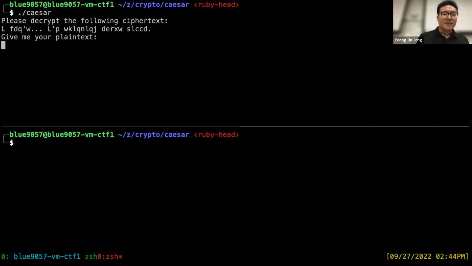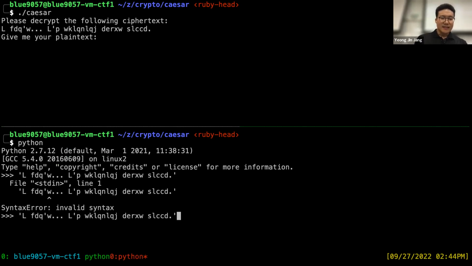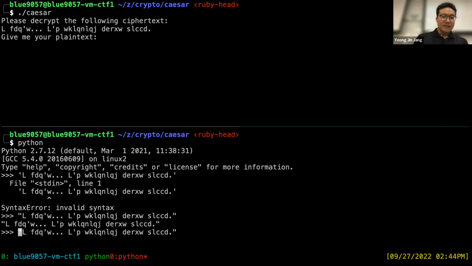The first thing is I just run the Caesar program, and this is the text I got. I'll run my Python, and this is the string that I got. But since the program does not substitute the dots or the apostrophe, it only substitutes the alphabet characters, so what I will do is set this as a string and choose